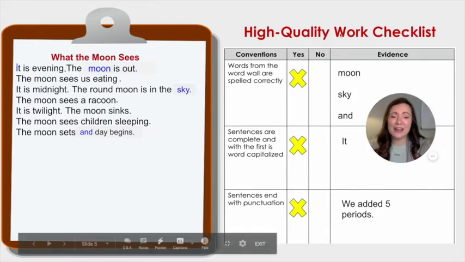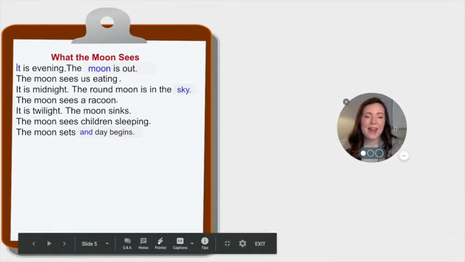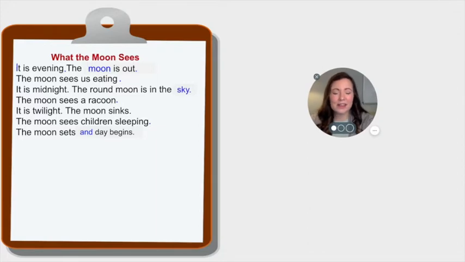Now, we don't need this checklist anymore, so let's get rid of that. Now, I do have a checklist that I thought about putting on the screen that showed you adjectives, but instead, I want you to use your noggin today. And I want to hear the adjectives that you have in mind. I will model how to add adjectives in to the first line. Then it'll be your turn.